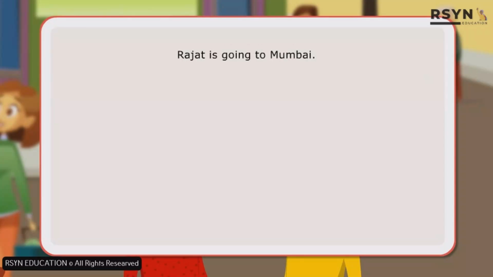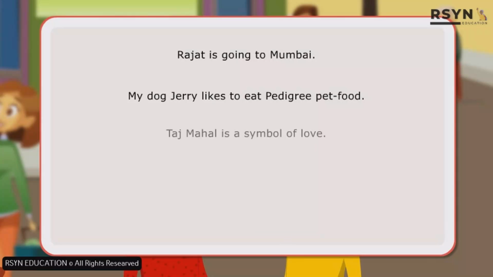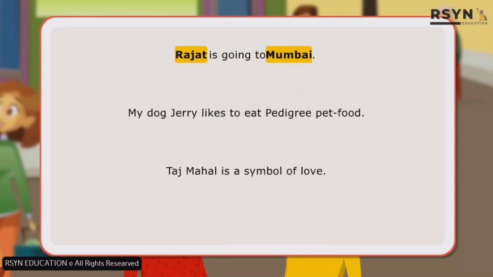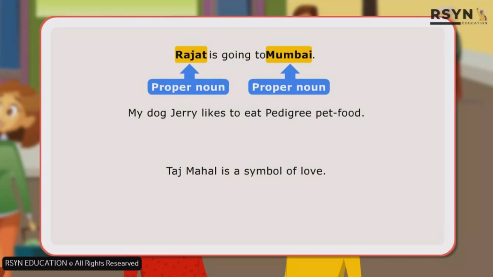Rajat is going to Mumbai. My dog Jerry likes to eat Pedigree pet food. Taj Mahal is a symbol of love. In the first sentence, Rajat and Mumbai are proper nouns as they are specific names of a person and place